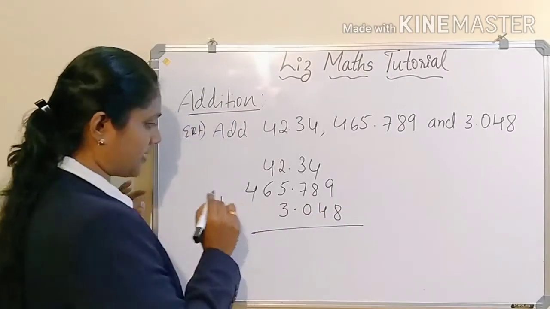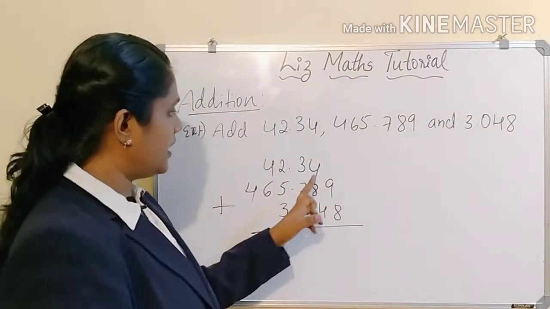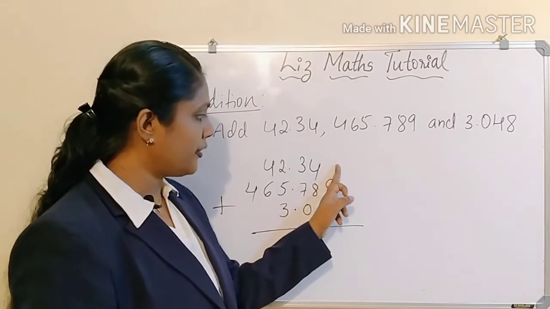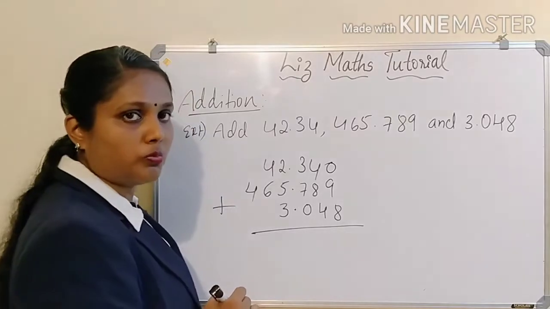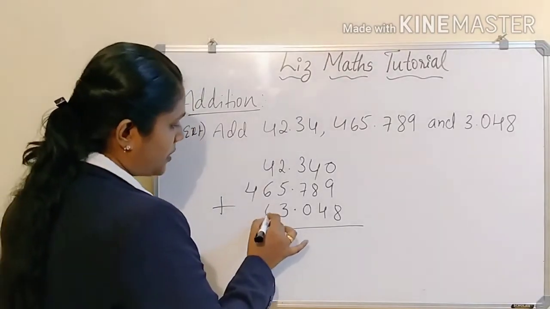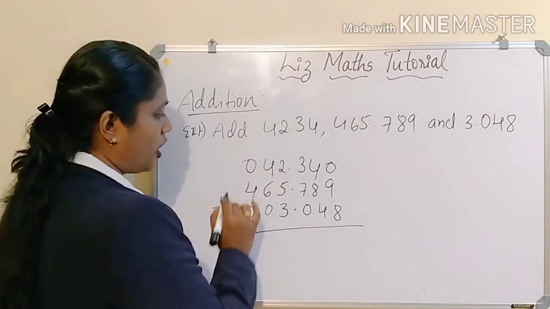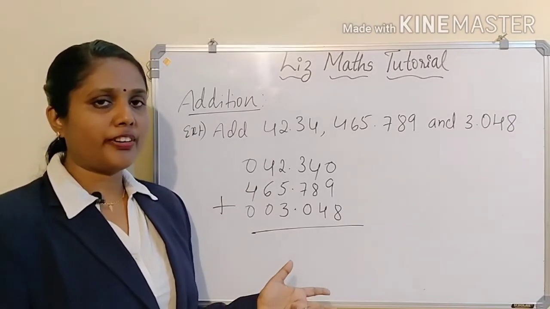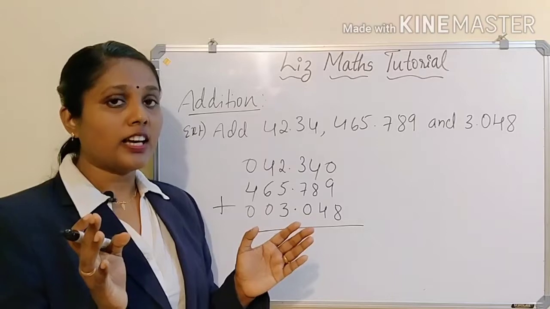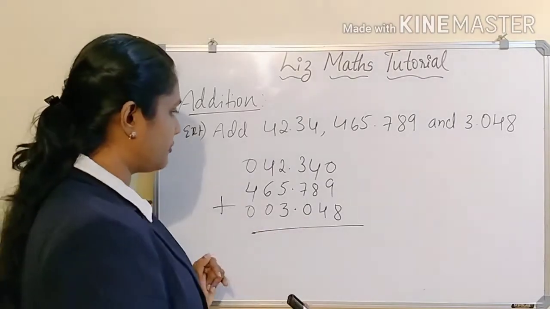Now go for adding this. See here in the above, here you don't find any number, any digit. So take it as a 0. Consider it as 0. Here also you cannot find anything. So here all you can fill it with 0. There is no use of filling it with 0 if you understand the concept clearly. No need of filling it.